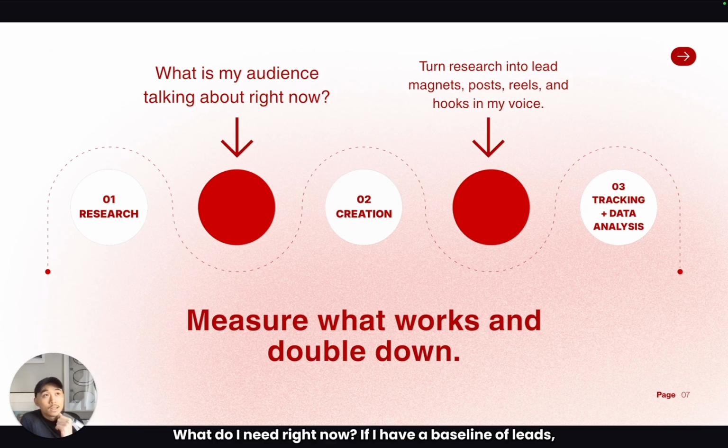What do I need right now? If I have a baseline of leads, views, comments, calls, what is the next step? And if you just post for the sake of posting, you'll never know. So for example, when I get enough views, when I get enough leads, I pull back on going viral, and